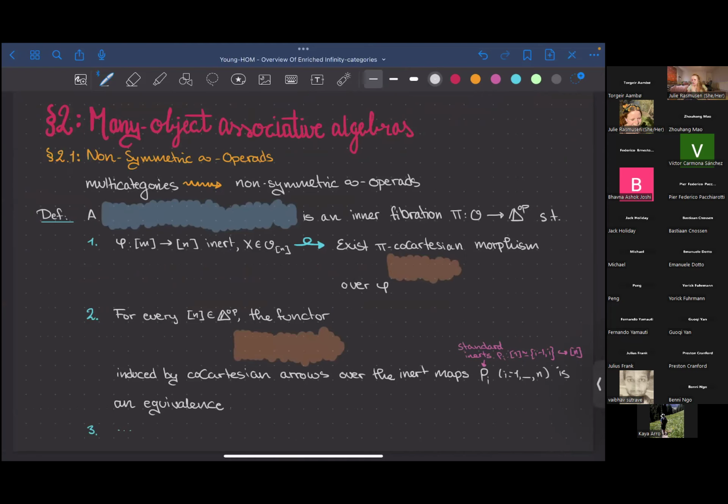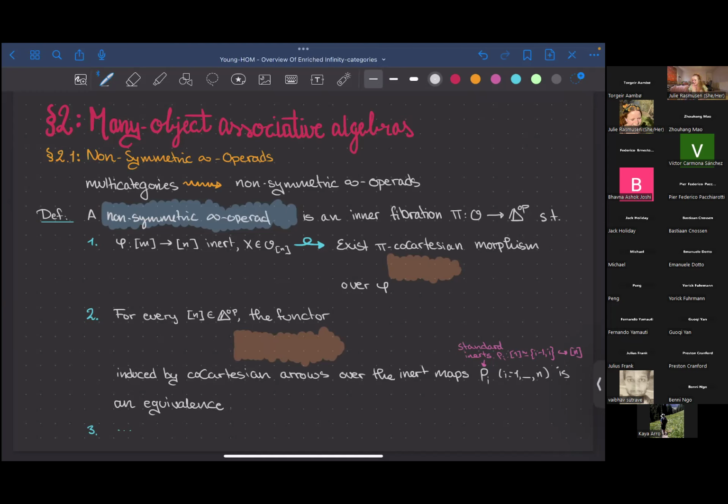Our first attempt at understanding enriched infinity categories will be by considering them as many-object associative algebras. And for that, we need an infinity categorical replacement for the non-symmetric multi-categories, which is the non-symmetric infinity operads. And they're very similar to what you're probably used to of infinity operads, with the main difference being that instead of considering things over pointed finite sets, it's over Delta^op. So a non-symmetric infinity operad